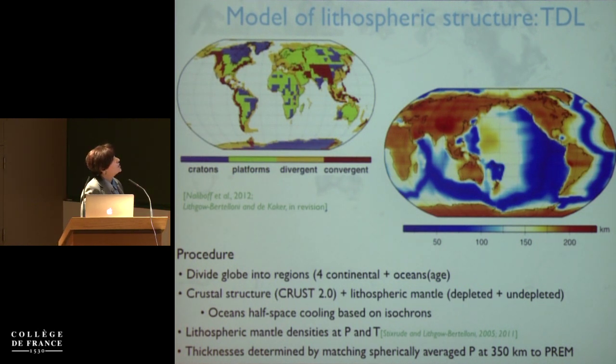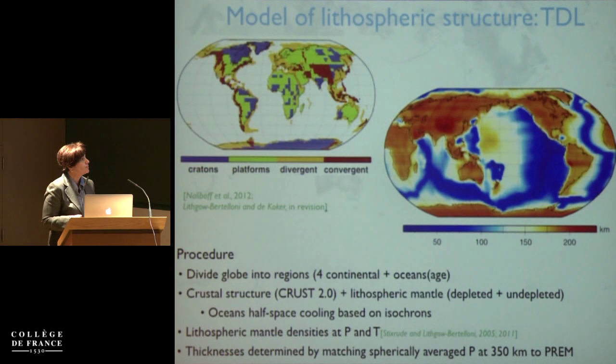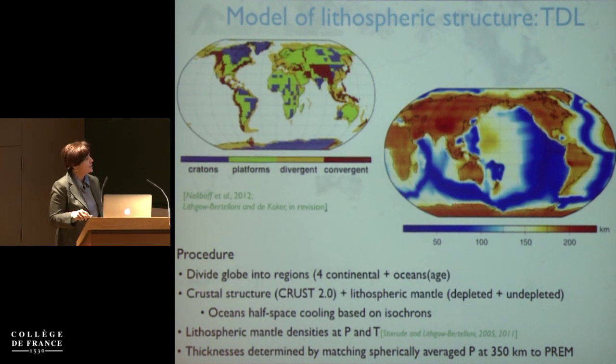So starting from Crust 2.0, divide the world into tectonic regions. Don't be thrown by this calling convergence; it's only because the Appalachians are there. It's just trying to divide the world into simple provinces because each of those regions will have a different geotherm. And because they will have a different geotherm, they will have different properties for that mantle lithosphere as a function of pressure and temperature. So besides dividing the globe into 4 regions plus the oceans as a function of age,